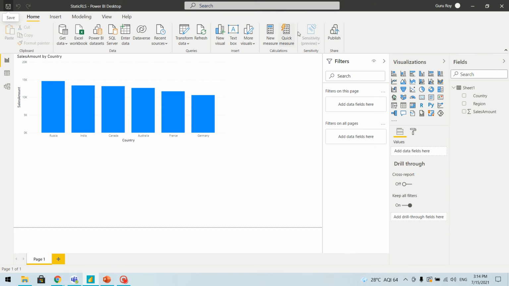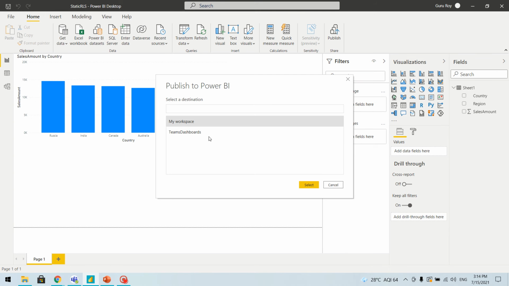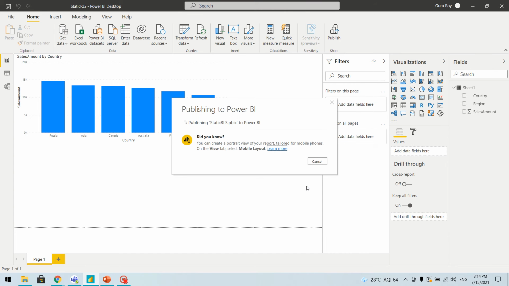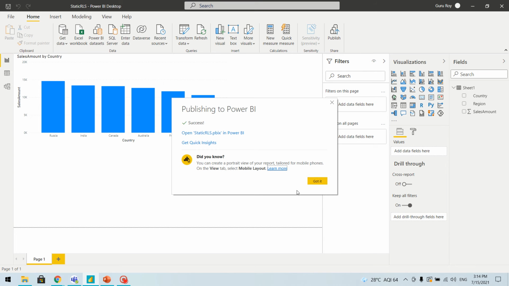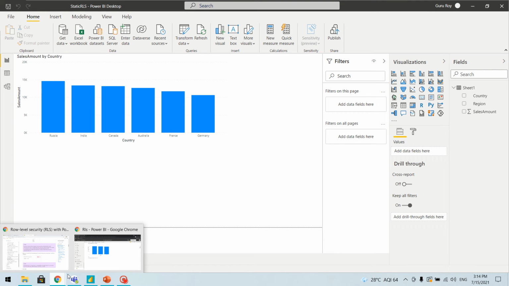So I am deploying this report. I am going to deploy this report in the Teams dashboard, and there I'll assign the users. The first process is to create a workspace, deploy there, and assign the users as viewers. So let's first deploy it. We have deployed our report.